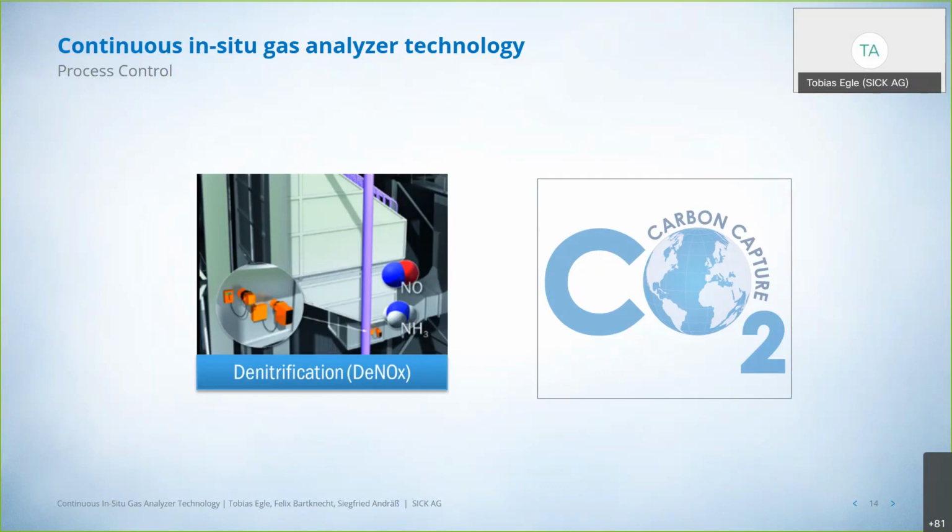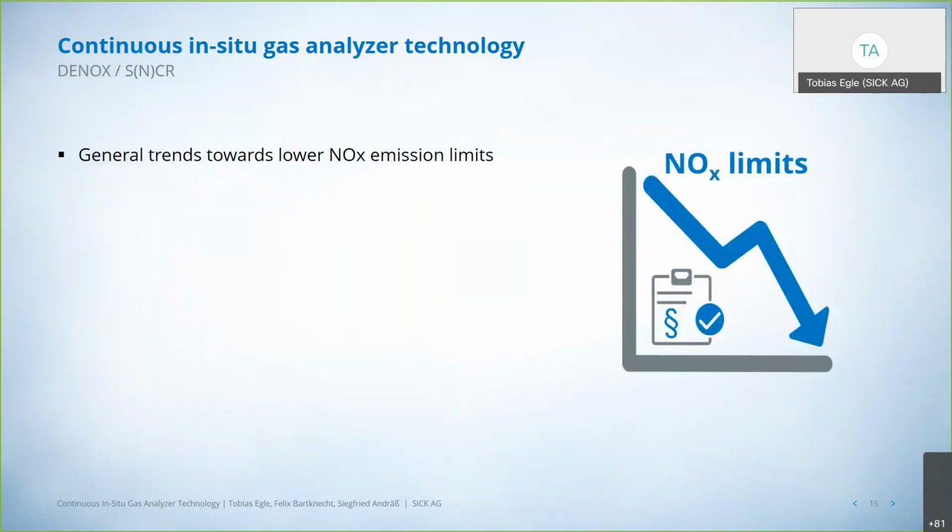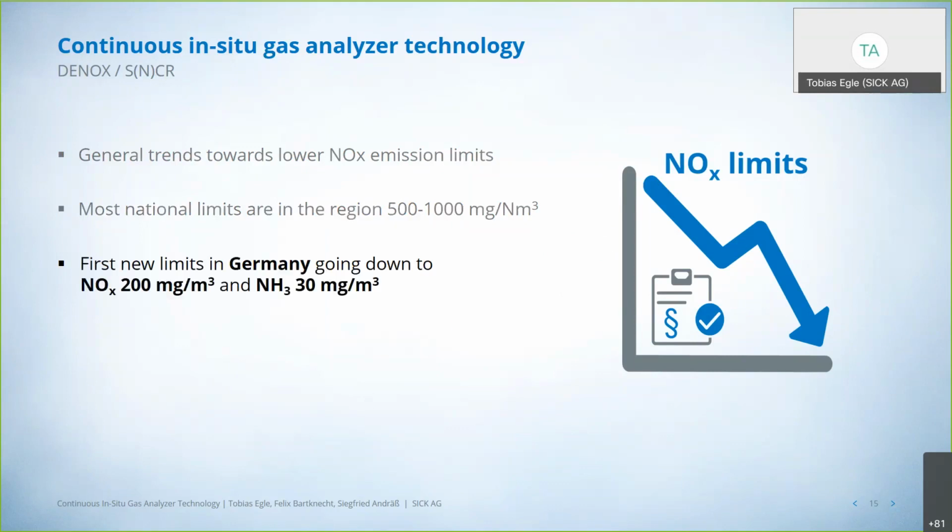Here we just finished a very good field test with very promising solutions, which I will show you within the next slides. General trend, as I said, goes to lower NOx emissions. Normally, the standard emissions are in the region of 500 to 1,000 milligrams per cubic meter, which is possible without special units. But in Germany, for example, since 1st of January 2019, we have a dramatic decrease of NOx emissions to 200 milligrams per cubic meter NOx and 30 milligrams per cubic meter NH3, which is a challenging combination